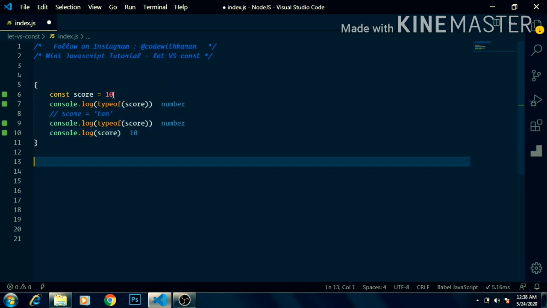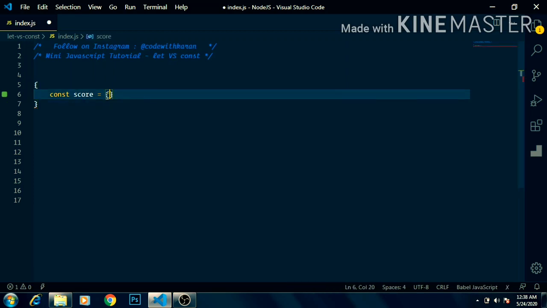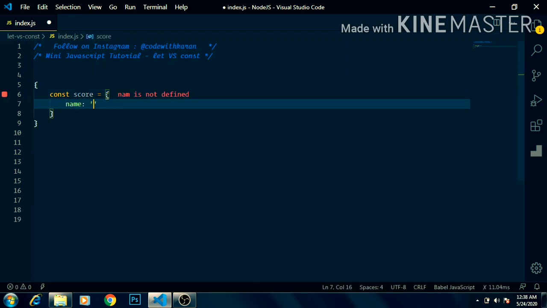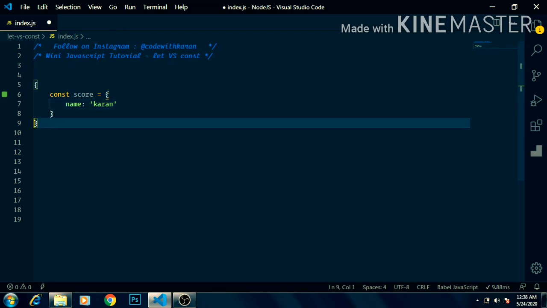But it's important to note that the const keyword prevents a variable from being reassigned, but it doesn't actually prevent the mutation of an object. So what do we mean by mutation? Mutation means the changing of the values or the property of an object.